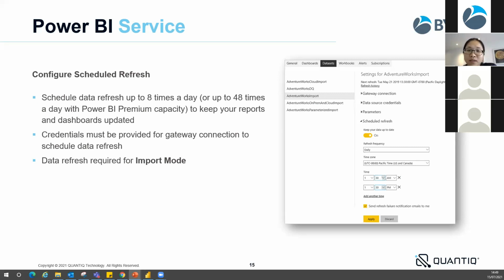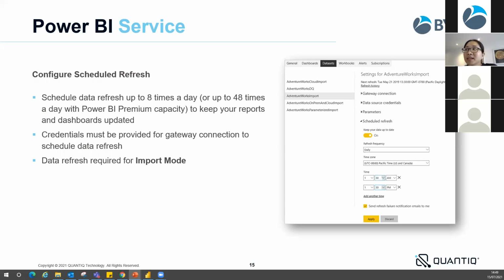So your reports and your dashboards will not stay up to date, which is a little bit dangerous. So please bear that in mind. It is also recommended that you use something like an admin account instead of your own user credentials, because it should be something organization owned instead of user owned for the gateway connection.